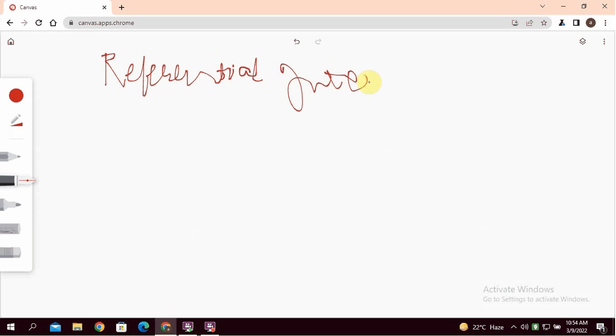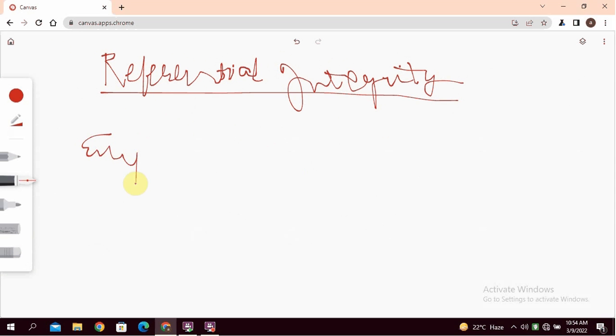Next, referential integrity constraint. Here, employee relation and department relation.